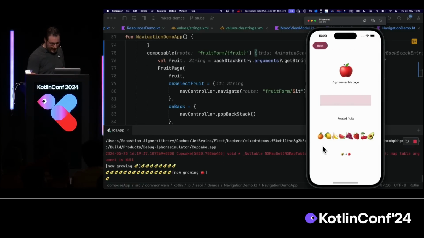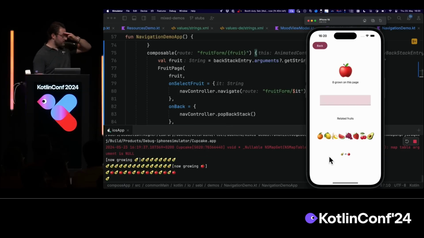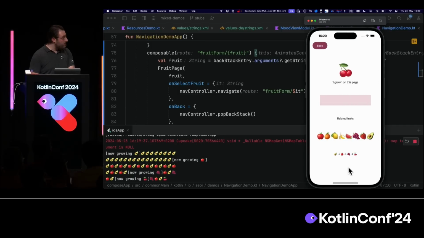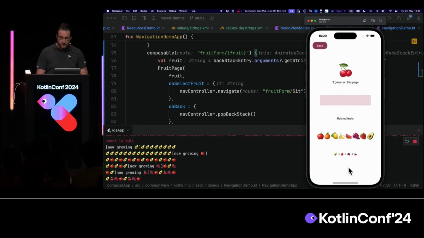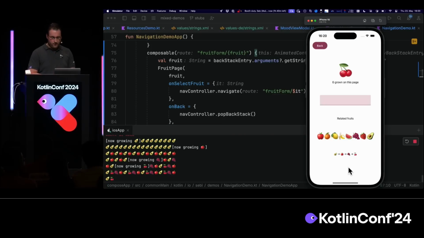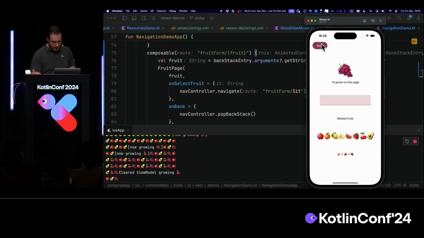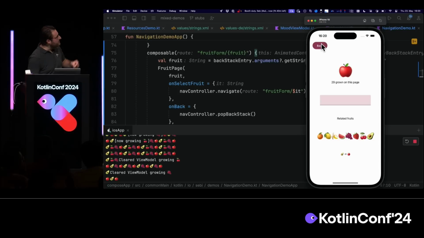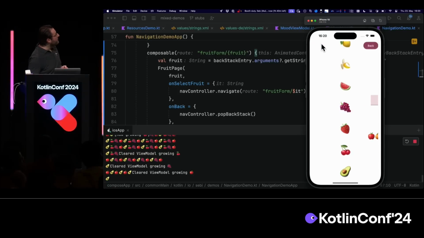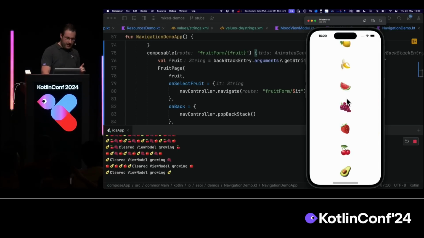Now, as I click on the apple, you can see that the avocado view model is still on the backstack, right? So that keeps on running in the background, but now we're also seeing all of those wonderful apples. And of course, as I continue here, you can see down in our little breadcrumbs visualization, very small, that we are indeed kind of creating this little backstack here. So as I navigate back, we can actually see that each of the individual view models are cleared step by step. So those operations stop until we arrive back at our main application, which already looks pretty good,